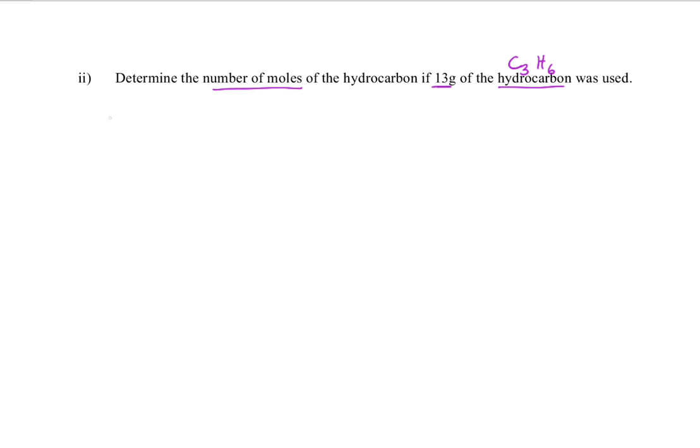So the mass of C3H6 is equal to 13 grams. The other thing is the hydrocarbon's formula itself, and the molecular formula gives us the Mr. So the Mr of C3H6